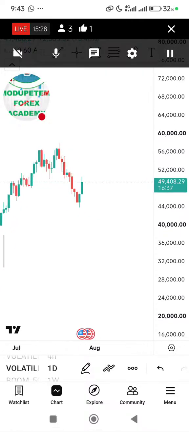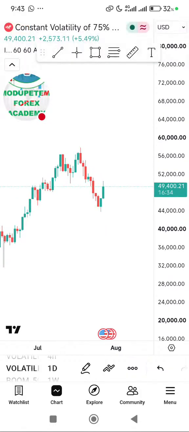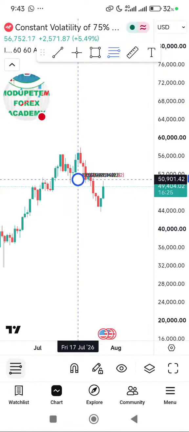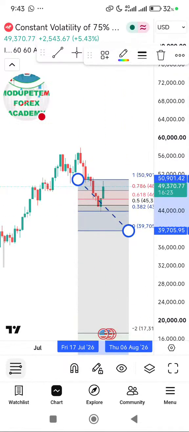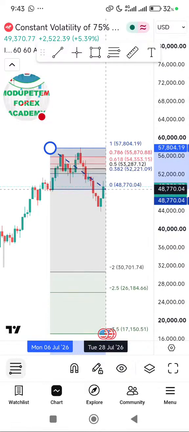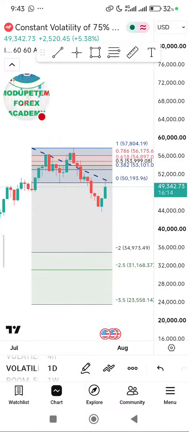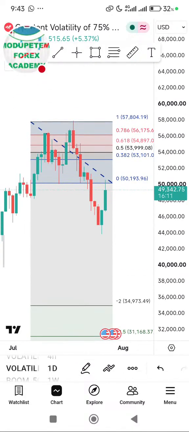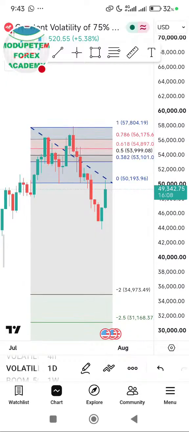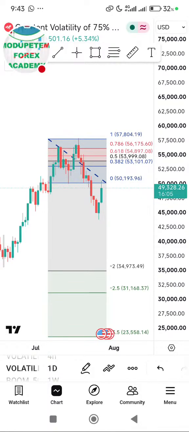So what I'm going to do now, on the weekly time frame I used my Fibonacci tool to measure the retracement. So we've measured the retracement. I'm going to be doing the same thing on my daily time frame to measure my retracement. So I'm going to measure this candle. This is the week that I measured on the weekly time frame. So you can see that once I measure this, automatically I expect this downtrend to go at least half a retracement to the minus 2.0 level. So this shows me I'm still bearish.